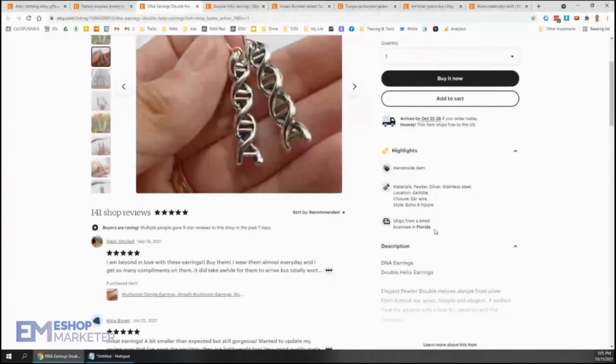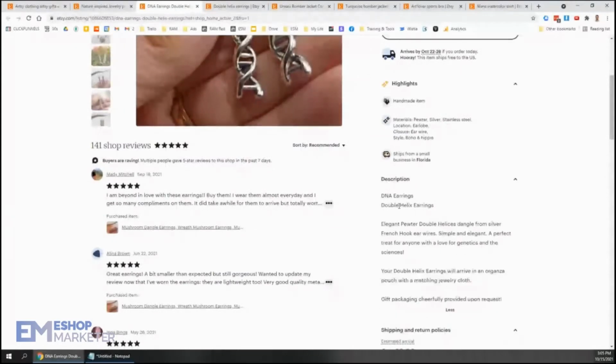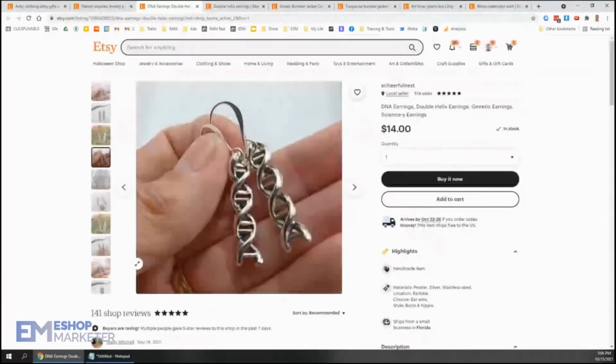So we got the materials over here. Ships from small business in Florida. DNA double helix. Elegant pewter double helixes. Your double helix earrings will arrive in an organza pouch with matching jewelry cloth. Gift wrapping upon request. One other photo that you could add that you could probably put on all of your